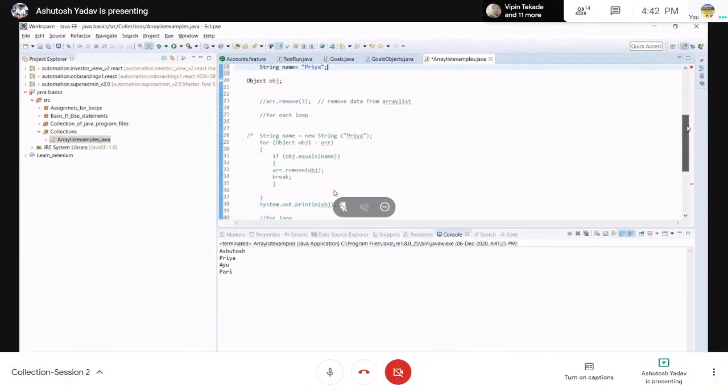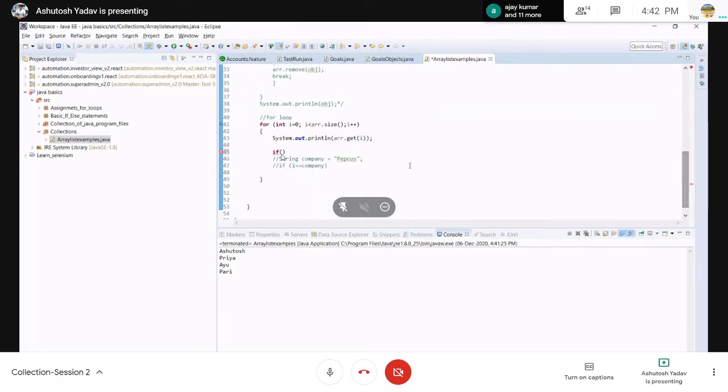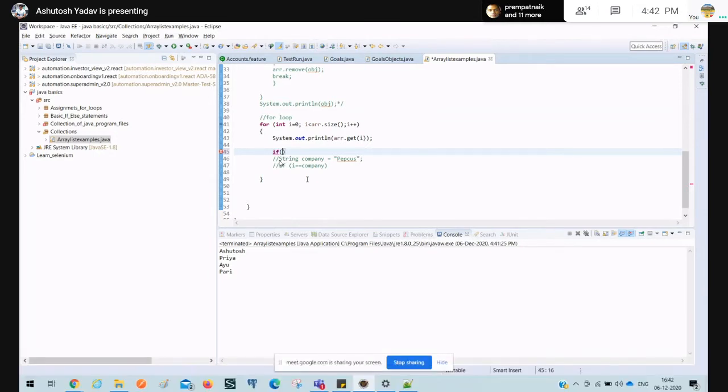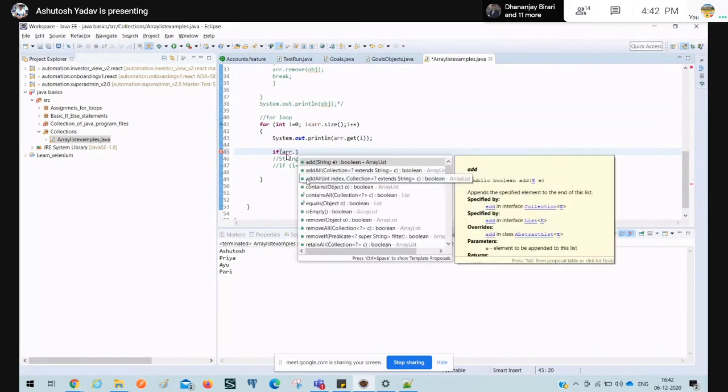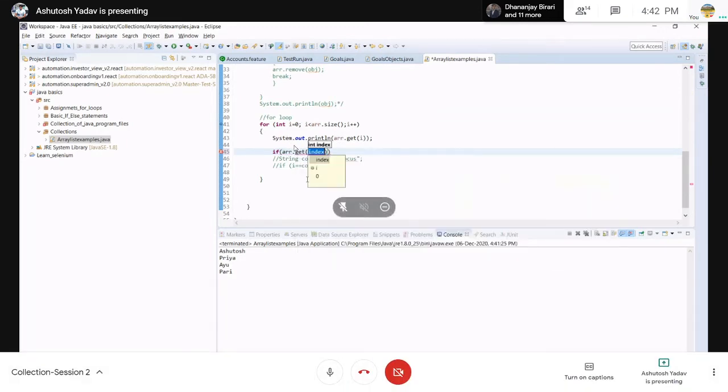Come down, then under the bracket, use match the values. ARR dot get I, yes, get, and inside it I, dot equals.